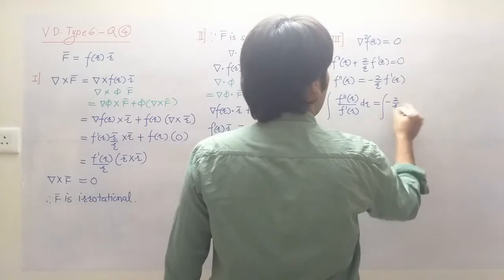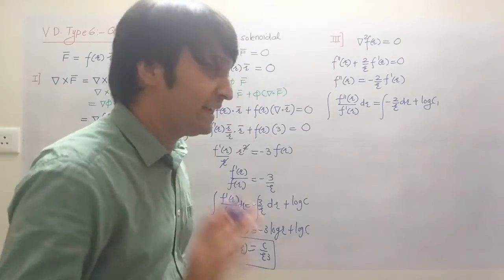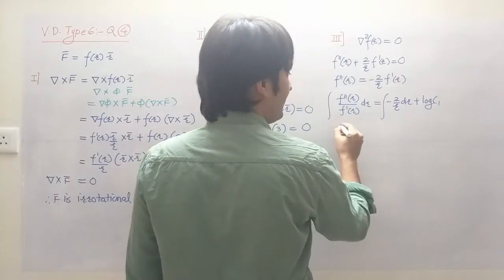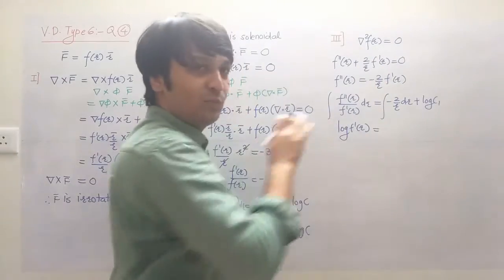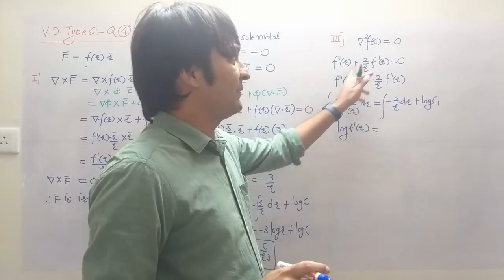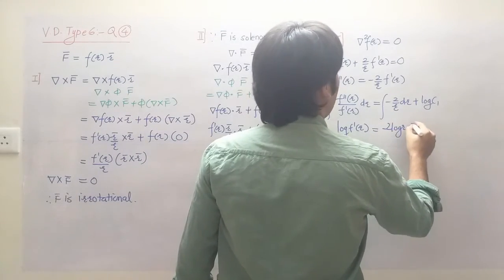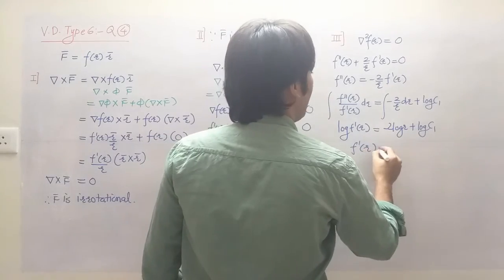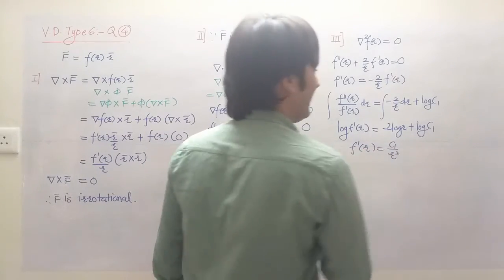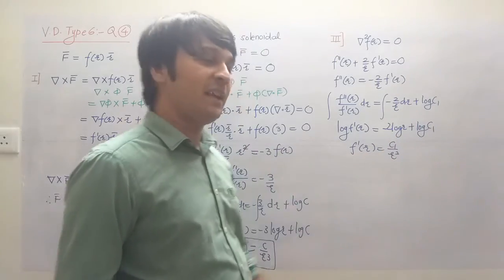Integrate now. If you integrate, plus log of c1. Correct? If you integrate carefully, check this. F double dash upon f dash is log of f dash r. Standard formula I'm using. Shifting this one right. Now minus 2 log r plus log of c1. Now what is f dash r? If you simplify this, c1 upon r square. Correct? Minus 2 here, so r raised to minus 2 in the denominator, r square.